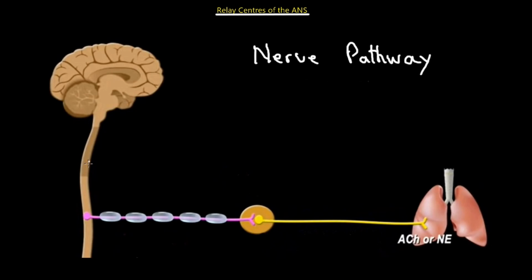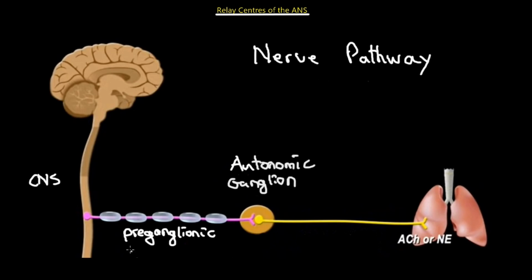So the one that comes off the spinal cord or the central nervous system is called the preganglionic neuron. And it's going to make more sense why it's called preganglionic, because this little bundle right here is called the autonomic ganglion, and this preganglionic fiber is myelinated,